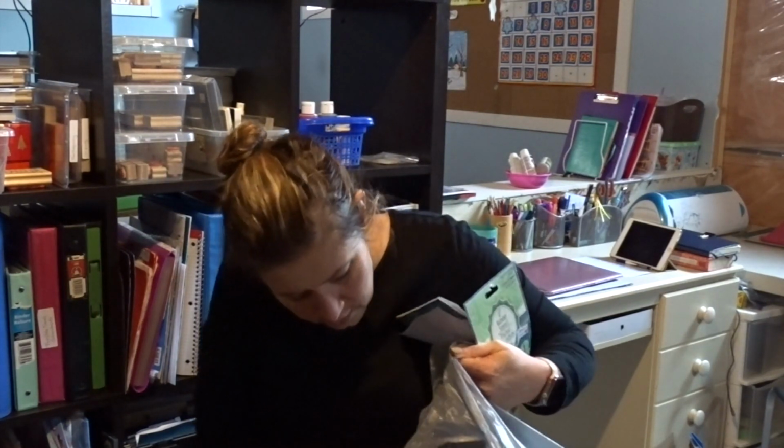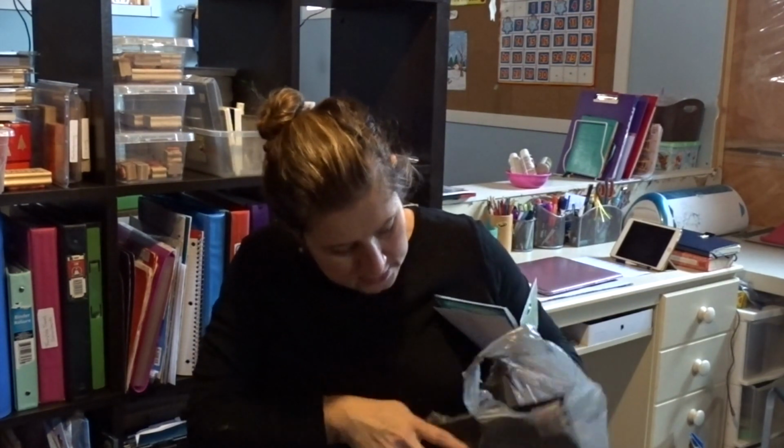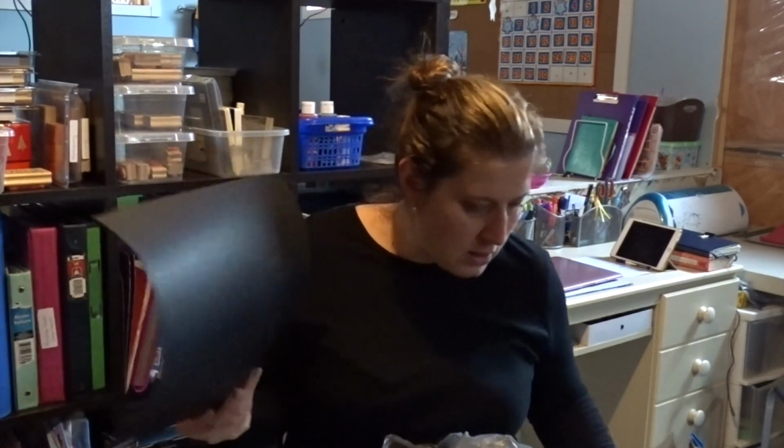And I think that's it as far as the stencils go. I picked up several of these